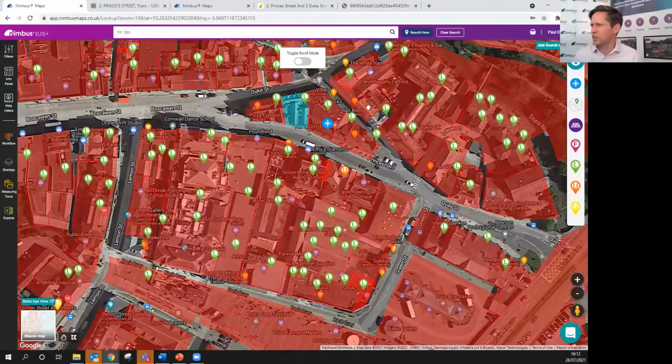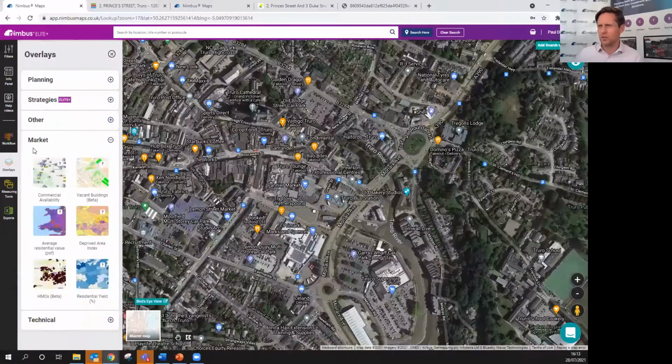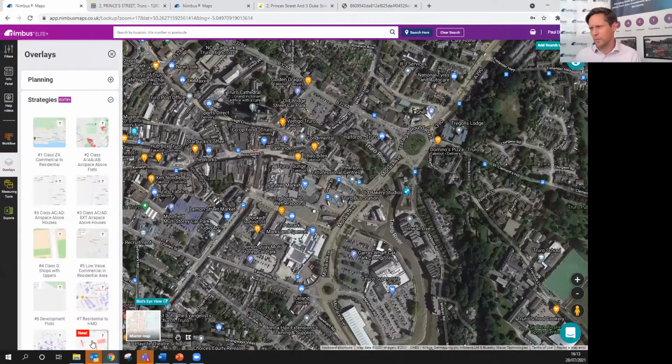Yeah, in fact, let's just do that. Actually, let's have a little look at that. So let's just have a little play. If it's Class MA we're after, then the obvious thing with that is the Class MA strategy, isn't